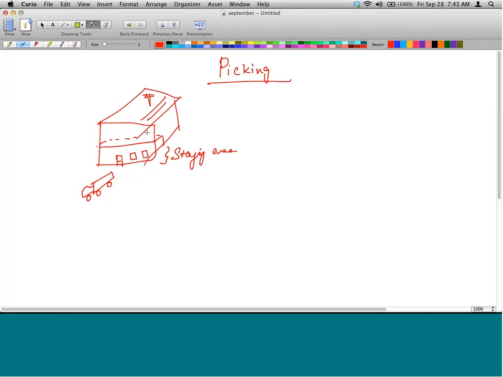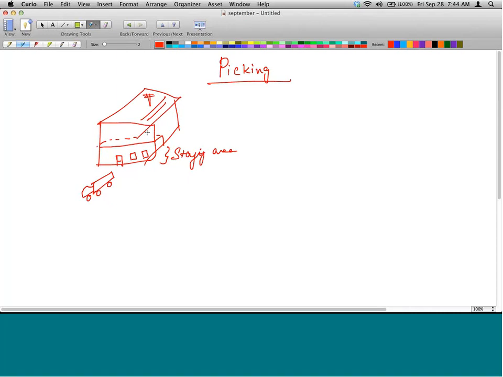And how they get the goods and what material they use depends. For example, if it is a monitor, they can just go there, pick that monitor by hand and come down to the staging area. But if 10 monitors are required, can they go each time half a furlong to that location and bring 1 monitor each? No. They'll take a forklift. Go to that place, the forklift will be elevated to that particular rack, all the monitors will be loaded, and the forklift will be brought down to the staging area.